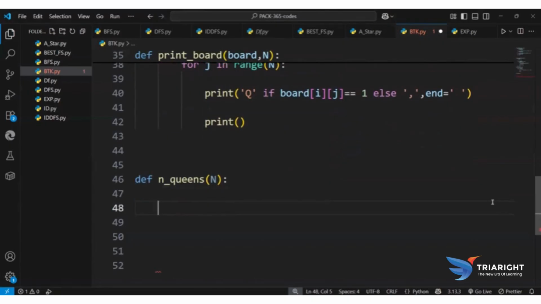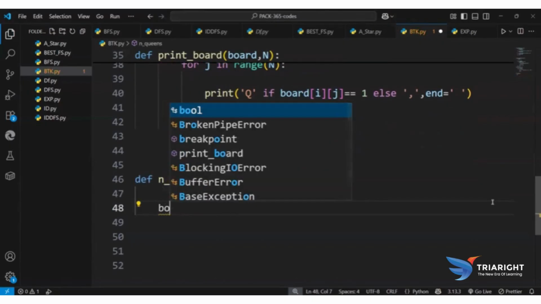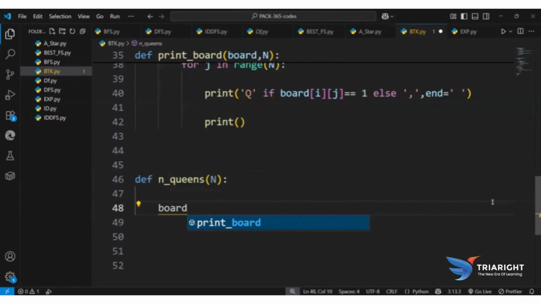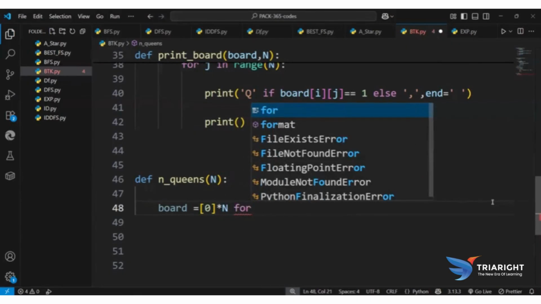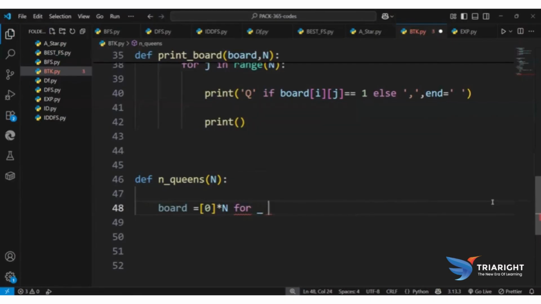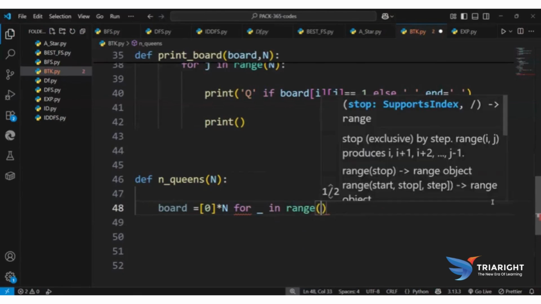It is used to initialize the board, and I'm printing the dots here. So for in range of n,